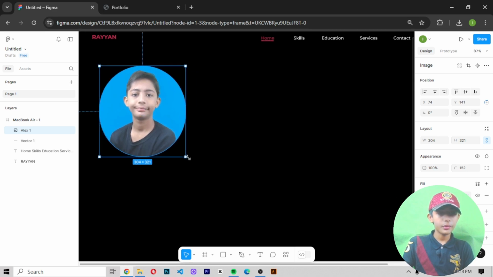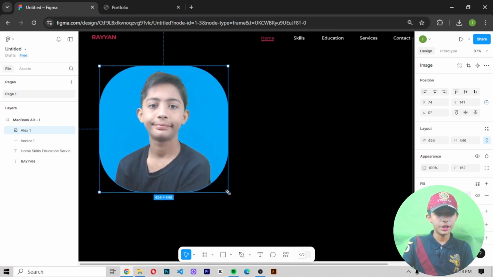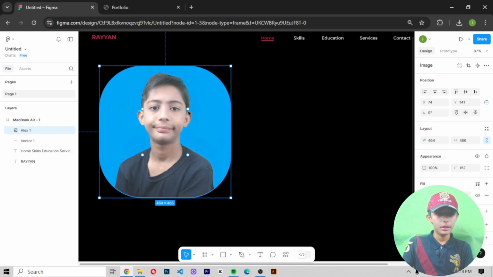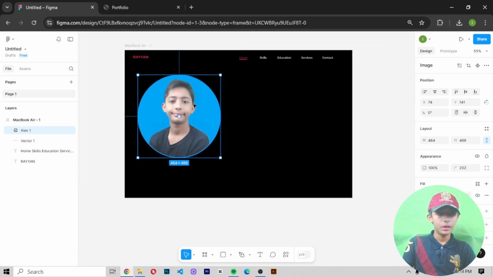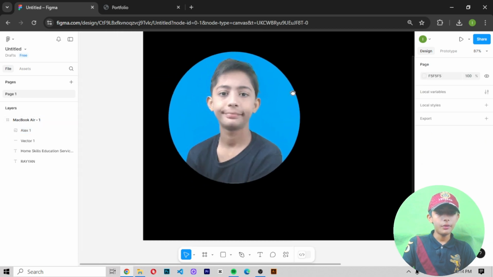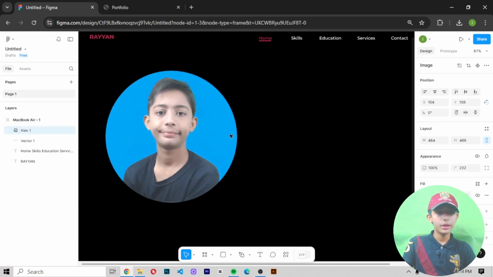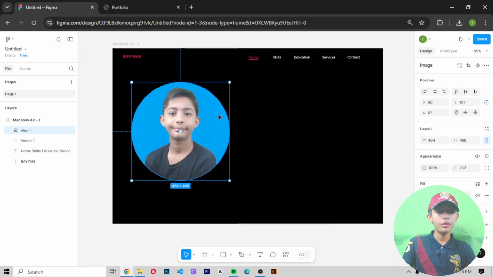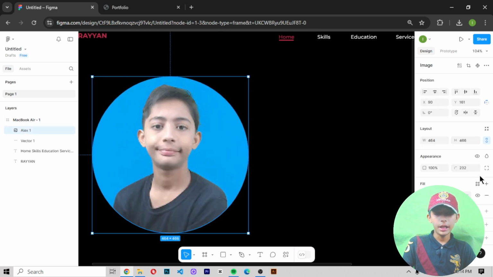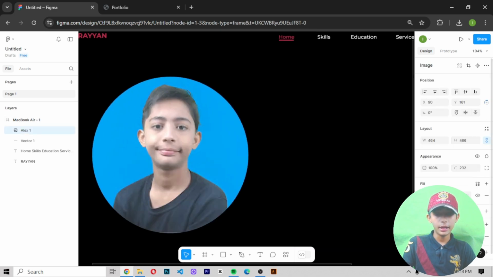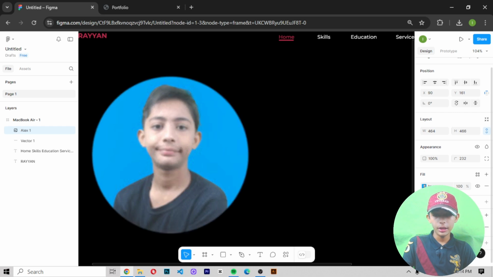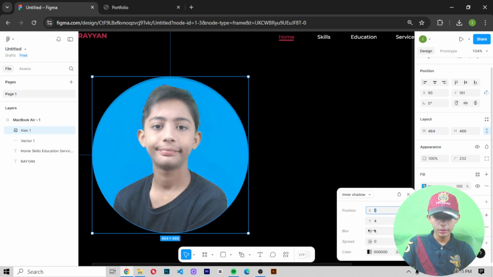So now let me enlarge my image again. Now let me do it like that. Okay, this is perfect. And here what can I do? I select my image. Here you can put your own image also. I select it and I give the effect, and the effect should be layer, not, sorry, this inner shadow,